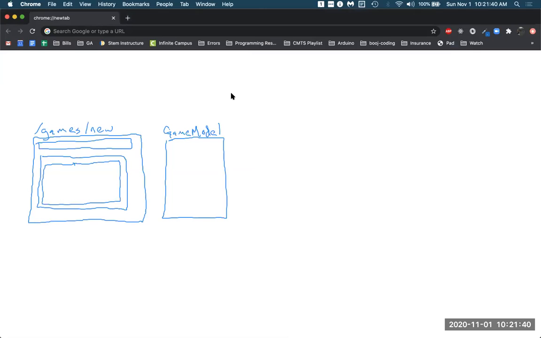Well, we fill out all the fields of that form, right? We fill out the title, we fill out the publisher, and then as soon as we submit it, that's where we are saying use the game model, specifically the new method,